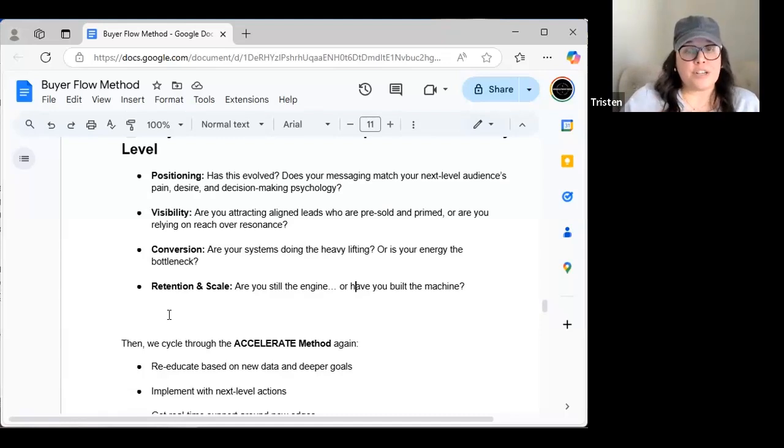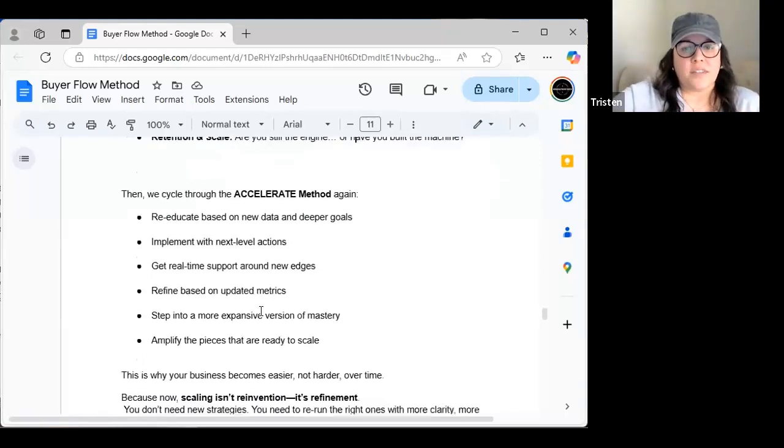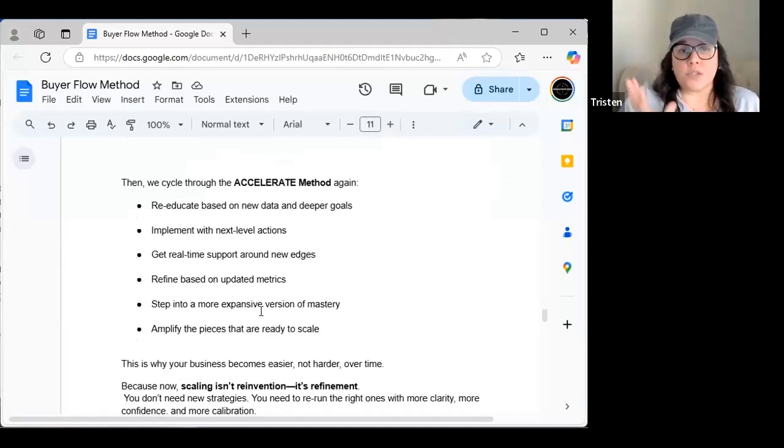Or are you putting too much energy into your business and it's bottlenecking everything? Is it relying on you? And then looking at the retention part again, the scalability part. Are we the engine or have we really built the machine? We analyze all of that, we optimize and tweak it like we need to, and then we cycle through the